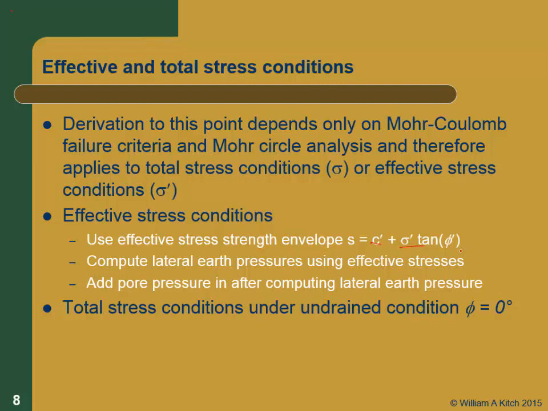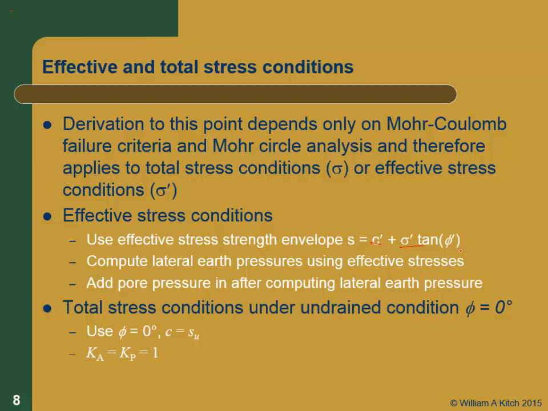For total stress conditions, we just have that phi is equal to 0, right? Mathematically, everything else applies. So all we're going to do is use the same equation. The math doesn't care why phi is equal to 0. We just did this all with math. Math doesn't know squat about soils. So it should work fine. We're just going to use phi equal to 0. Our cohesion is now equal to the undrained shear strength, Su. And then Ka is equal to Kp is equal to 1,